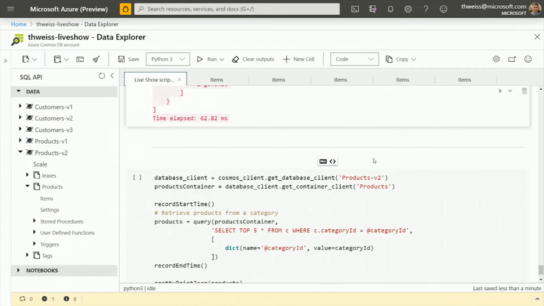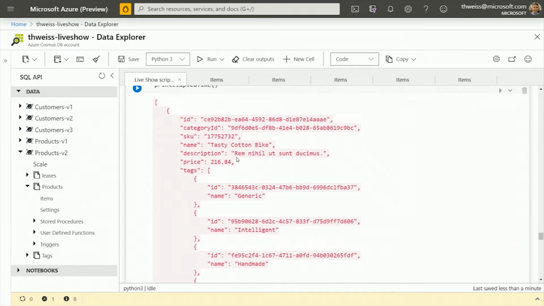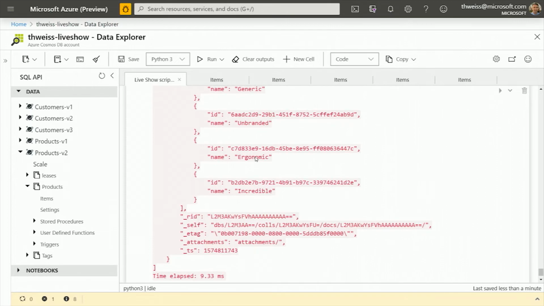because now, going back to my notebook, when I want to fetch a list of products, I just have to issue a single query. And when I do that, I get all the data I need in order to present that data to my end users, the product and the name of the tags. And as you probably imagine, the latency is going to be much better in that case. It was 40 milliseconds before, now we are down to 9. 9. Okay, cool. Very cool.